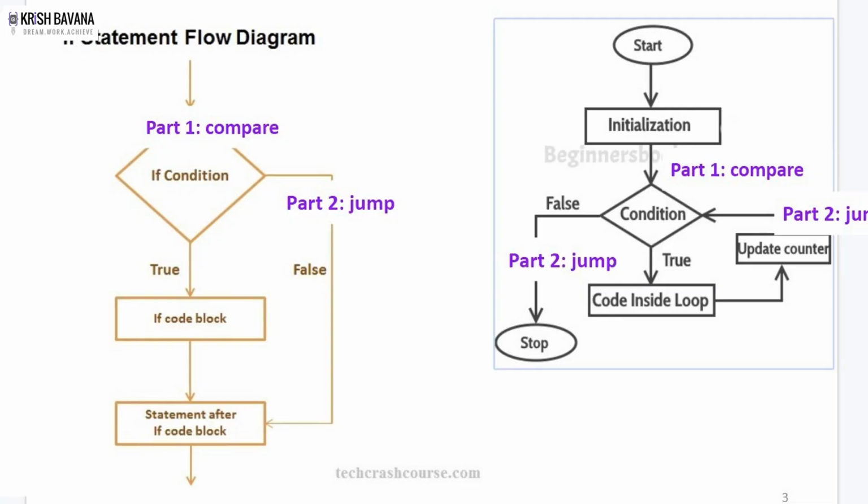So the next part is jumping. If you remember the images in the previous slide when we were talking about how the control flow works, we jump from one position to another depending on the case. For example, if the if statement is failing, then we directly jump to the statement which is after the if, or the same thing happens when the while statement fails, we jump to the next statement. If it is passing, we jump to a different statement. So this is how jumping plays a very crucial role.